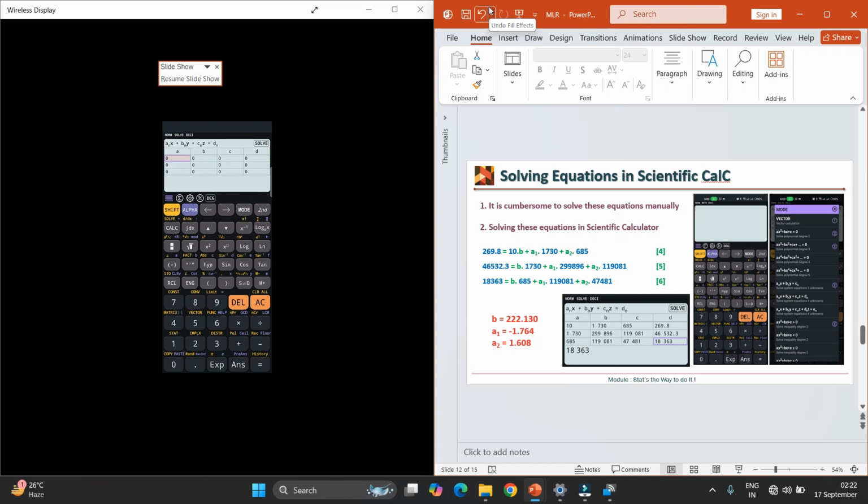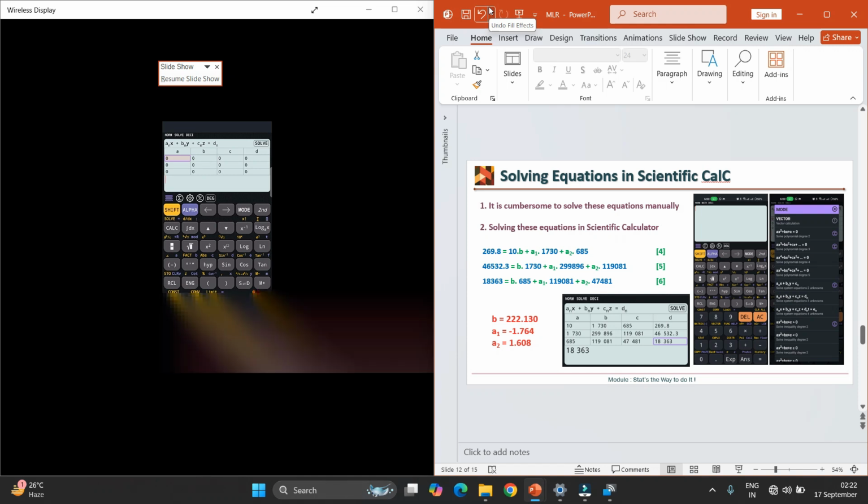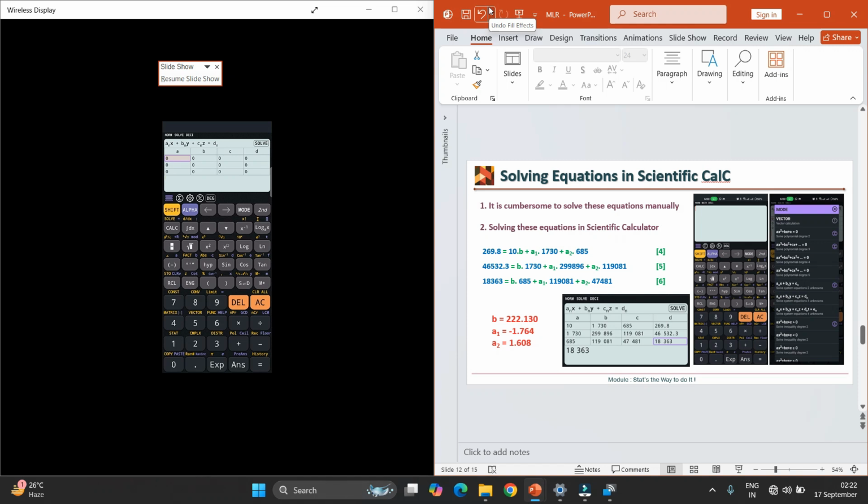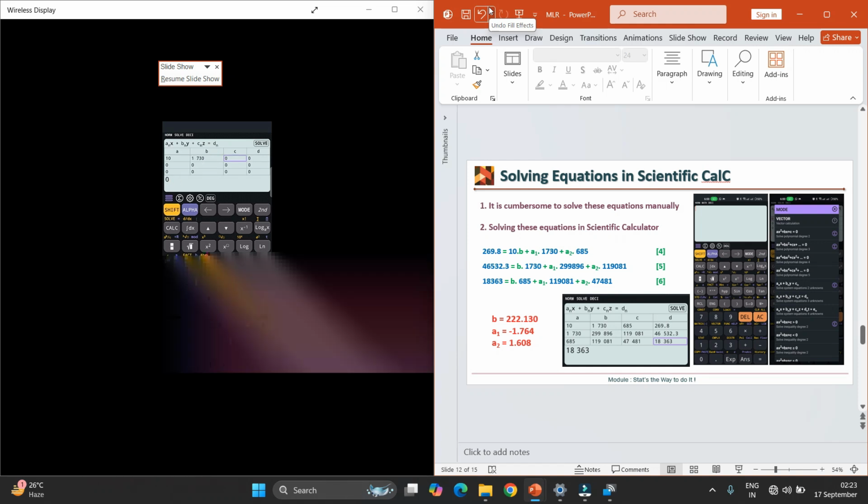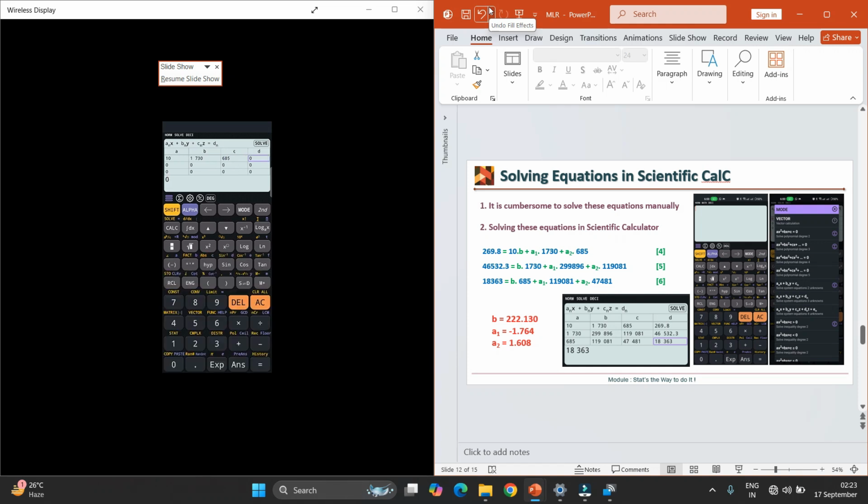Now as I explained, and it is also visible on the side screen, we have to put the values starting from the coefficient. So I will start from 10. I will keep pressing the equal to button after entering a value. So 10, 1730, then 685, 269.8,